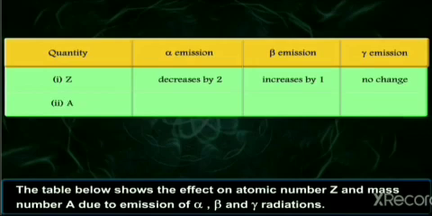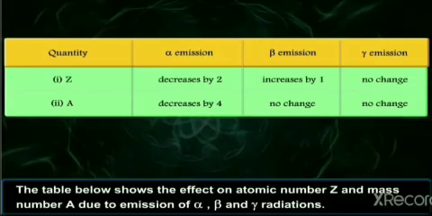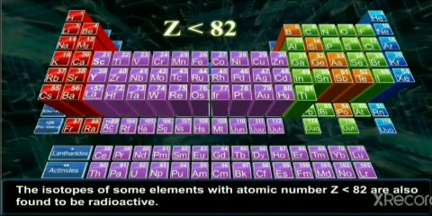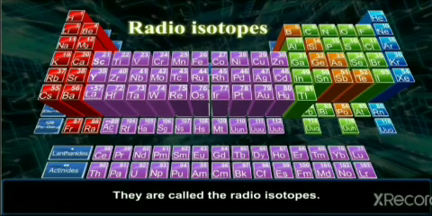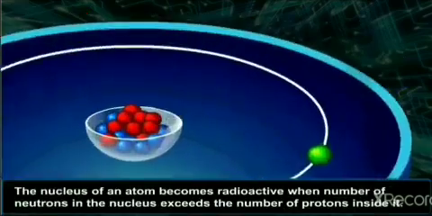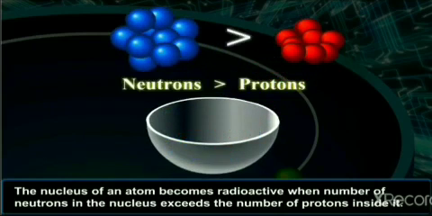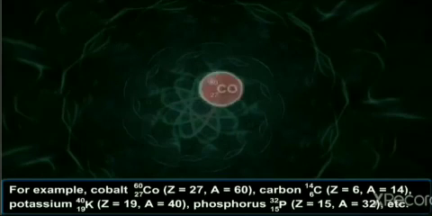Second, the quantity A decreases by 4 due to alpha emission, and shows no change due to beta or gamma emission. Sources of radioactivity: radioisotopes. The isotopes of some elements with atomic number Z less than 82 are also found to be radioactive. They are called radioisotopes. The nucleus of an atom becomes radioactive when the number of neutrons in the nucleus exceeds the number of protons inside it. For example, cobalt,